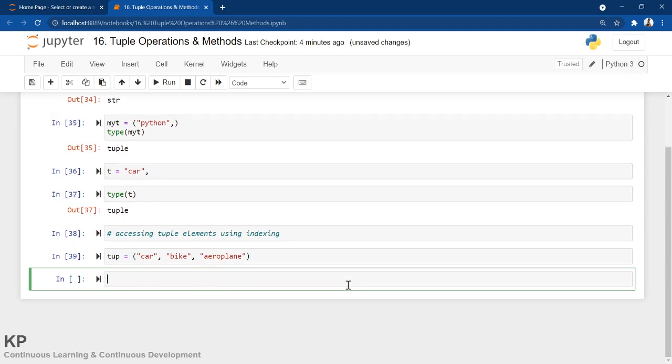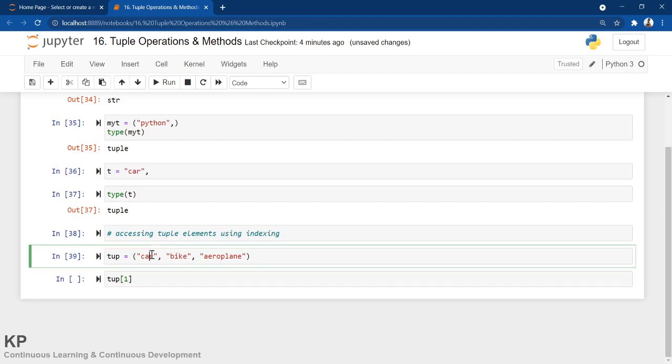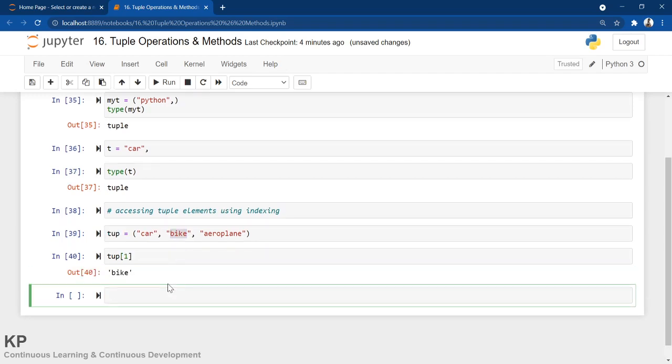Now if I do tup[1], I hope we have used these operations in lists, so you can expect what answer we will get here. This is index number 0 and this is index 1, so most probably, and 100%, we are going to get bike. Let's execute. Yes, it's giving us bike.